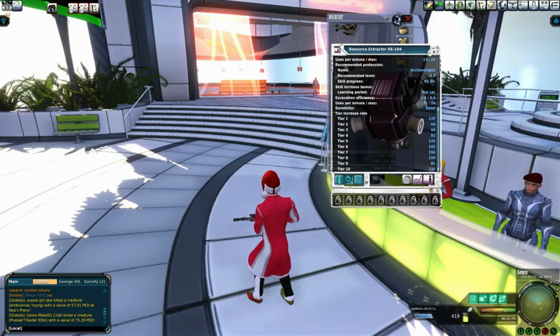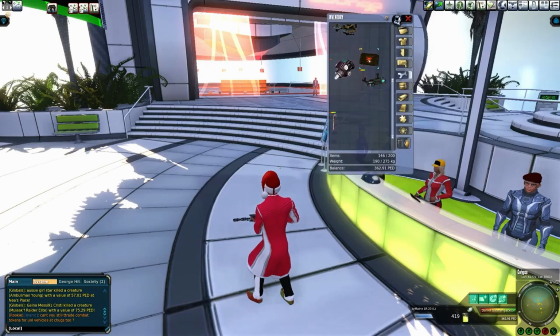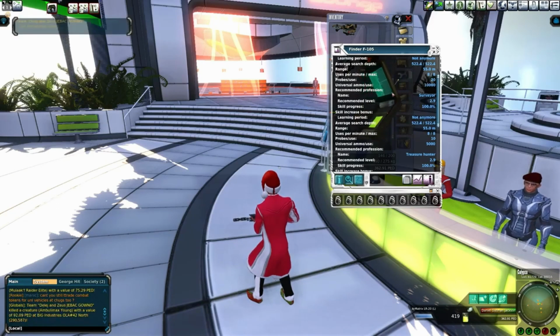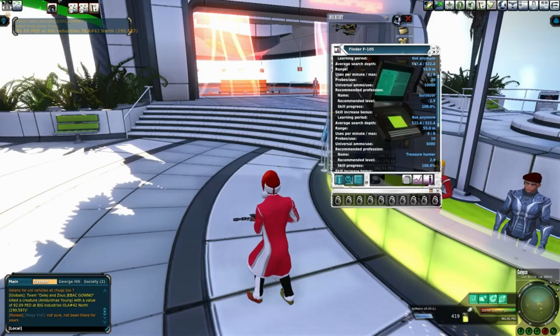Honestly, this is one of those things no one really worries about: the extractor. Even with the finders, people aren't 100% worried about their decay or anything like that. The big thing people look at is the average search depth. The range should always be the same, and the probes used. Probes used is only going to vary between the TT finder and the normal finder. There are also some higher level finders that use more probes, but the average search depth, that is